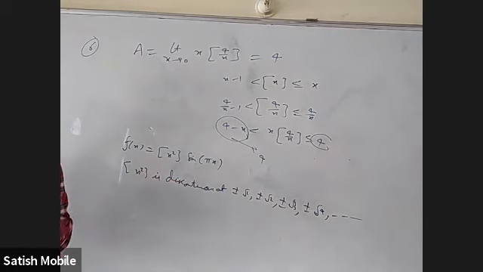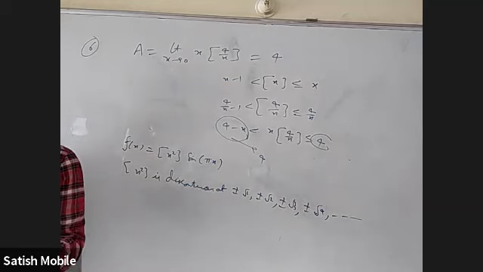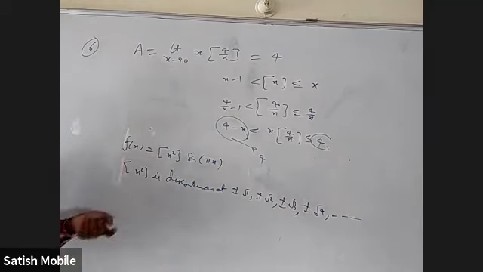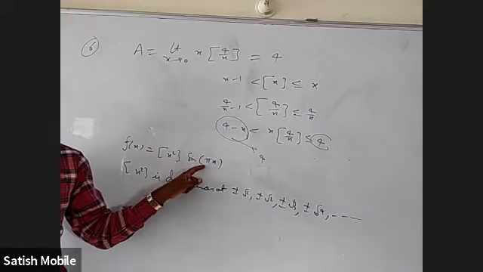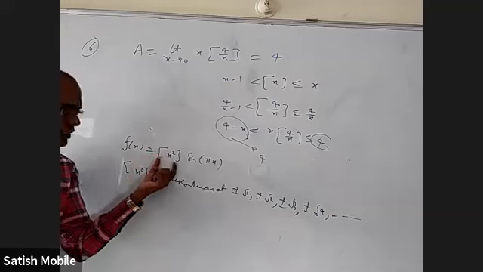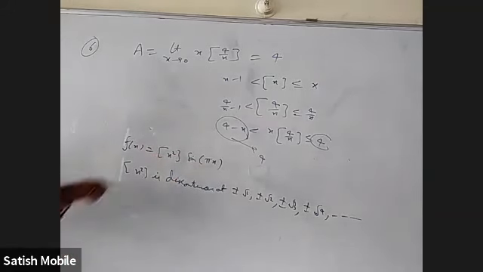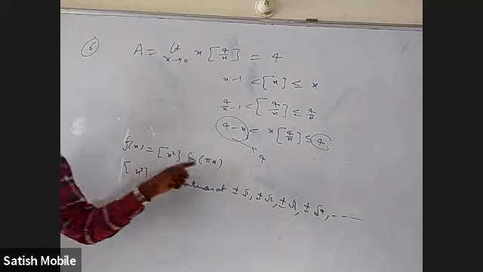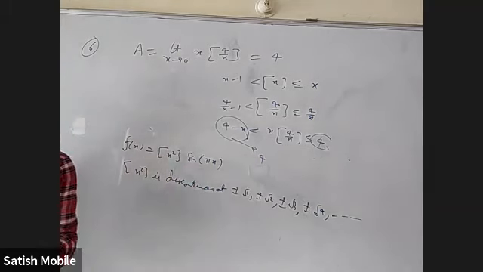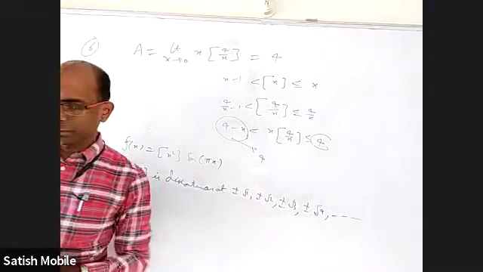You know why? Just after 5 this is 25, but sine pi x is 0. Right limit is 25 into 0, 0. Just before 5 this is 24, but this is 0 again. 24 into 0 is 0. So even though this is discontinuous, the product is still continuous because at the points where it is discontinuous, the other factor is becoming 0, but not every time. Is it every time? No. What I gave as example is 5, but let's take example of root 3.